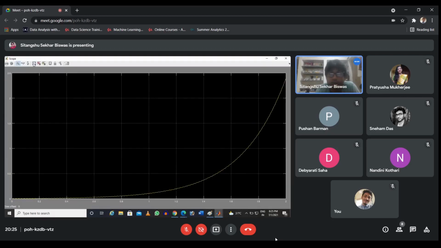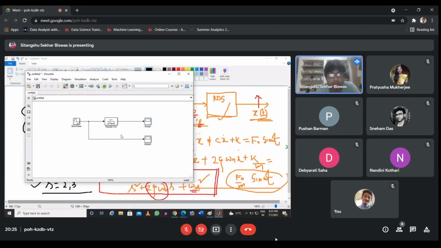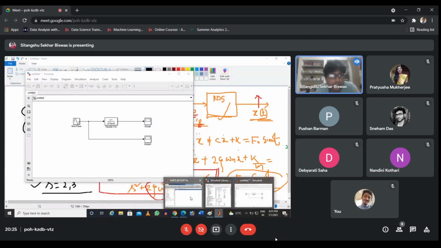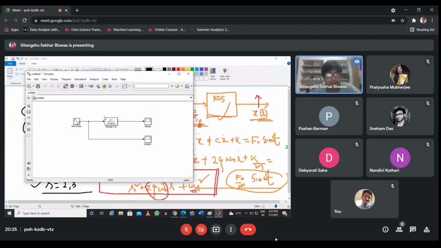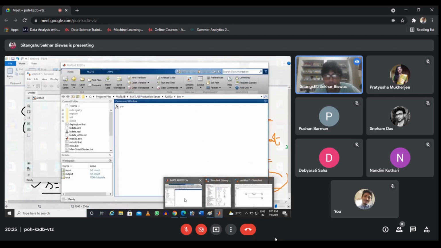Okay, even though the system is unstable, it is because the value which I have given may not be appropriate for this particular thing. But now you see in the workspace, 2 inputs and 2 outputs have come. So what we are trying to do with this data is estimate the transfer function, because as I told, we need to estimate the transfer function from the vibration data. That is basically what we are trying to do.